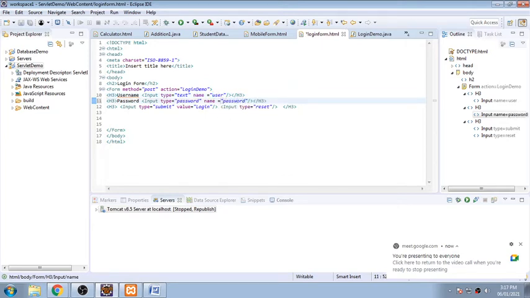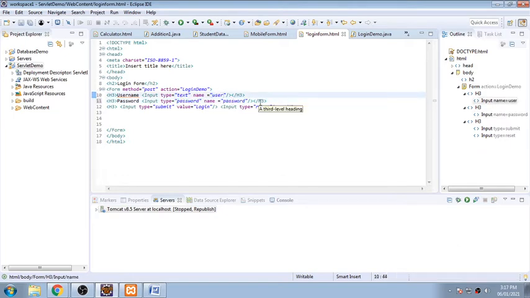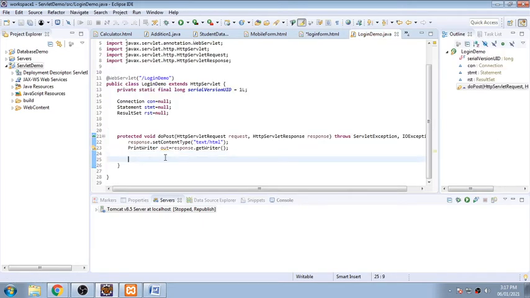So I make a name change of that password field. So the name of my first text box is username, and the name of my second text box is password. So I will first collect those values over here.